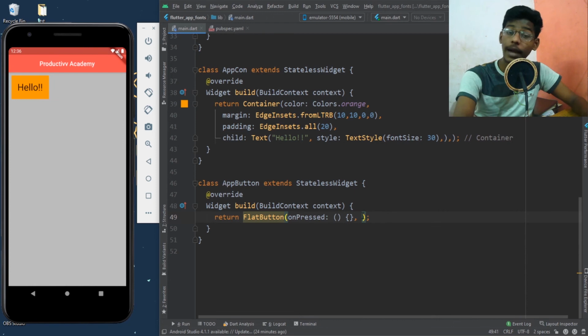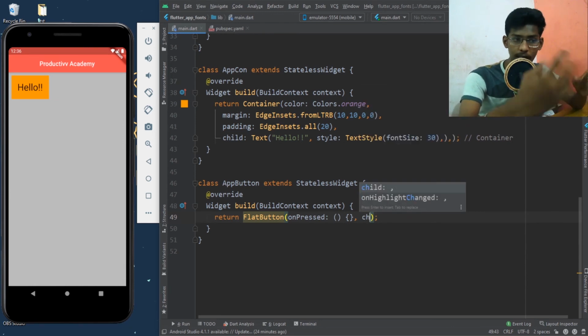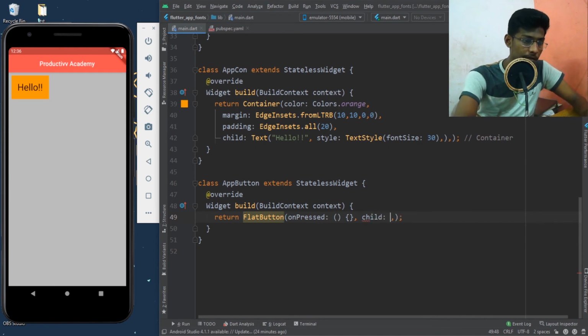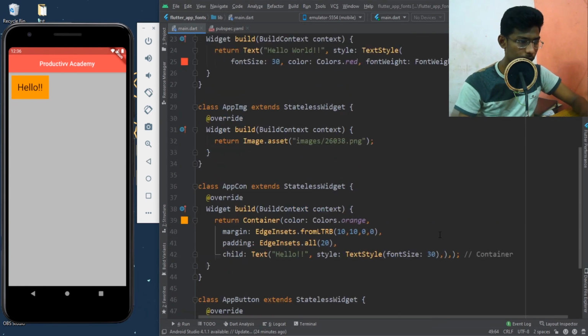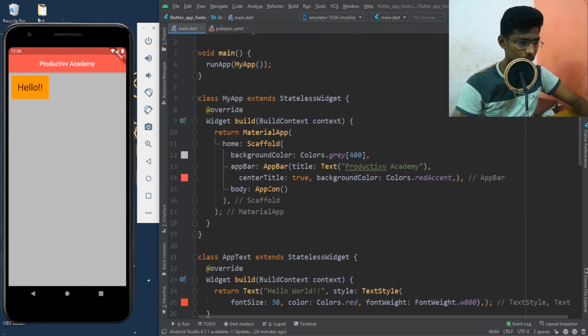Now we need to add a text inside a button. To add a text widget inside a button widget, as I said, we need to give a child. I'm going to give a child, and I'm going to call my text 'Click me'. Now if I change this from AppCon to AppButton and save, let's see how it looks.